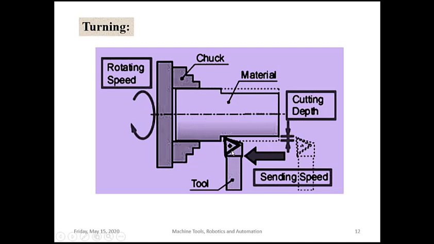And you can see here, this is the tool they have shown. Initially the tool was somewhere here, they have shown with the dotted line, and it has been moved to this position. This is the workpiece, or you can say material, and you can see here this part of the workpiece has already been machined, means material is removed from this part of the workpiece. You can see here that there is already the change in the diameter. Earlier it was this much diameter of the workpiece, now it has been reduced to this much diameter here. So you need to write this simple diagram for turning operation.